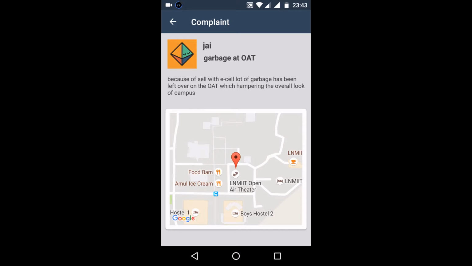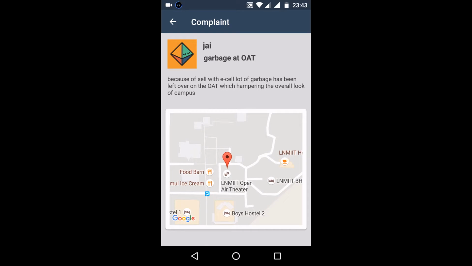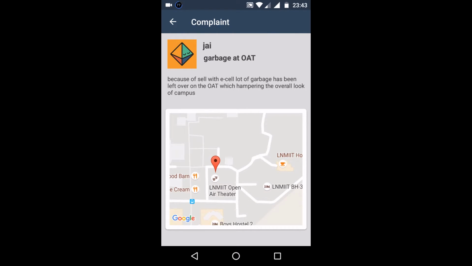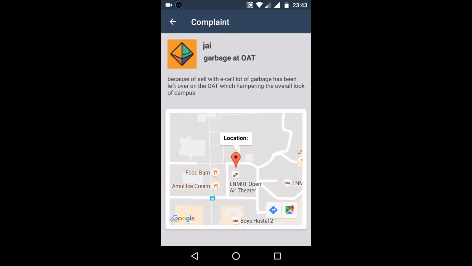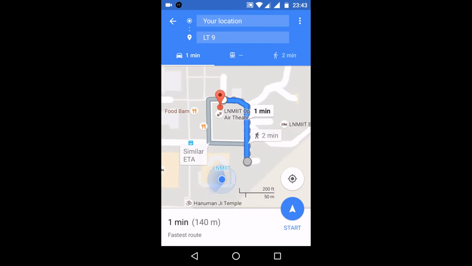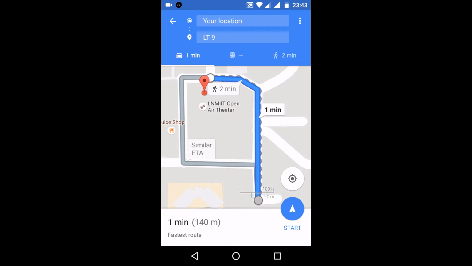As you can see, it also contains a map fragment which tells about the location at which the complaint is being posted. From the map, the complaint has been posted near the LNMIT Open Air Theatre. This map also provides some functionality like pinch in and pinch out. By clicking on the marker, we can also find a path to this location. As you can see, it is providing us navigation towards that location. Moving on,